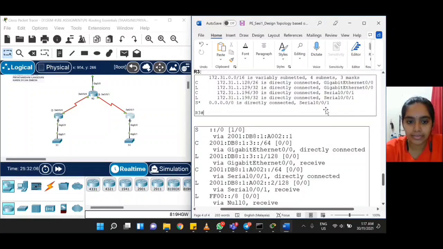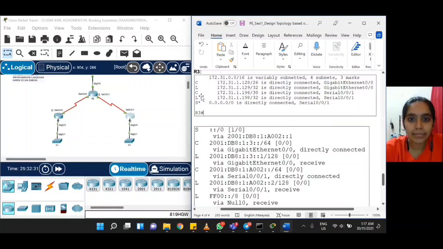This is the routing table. Next, when we configure the IPv4 address, we refer to the local address, which is represented by L, while the subnet mask is referred to C, which is directly connected. In order to activate these interfaces, we use the no shutdown command.